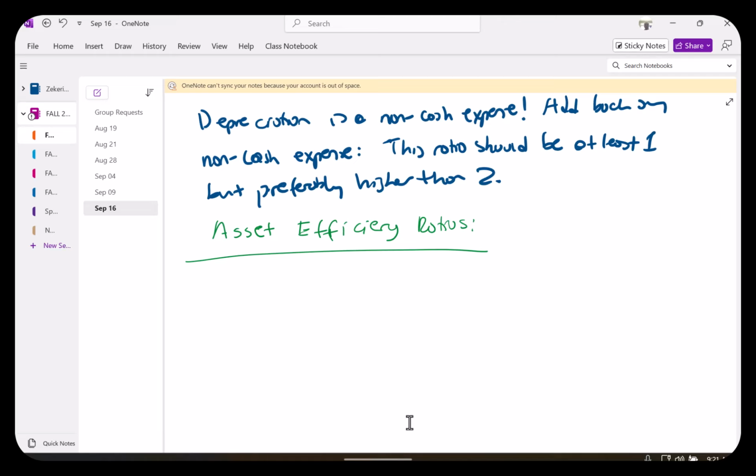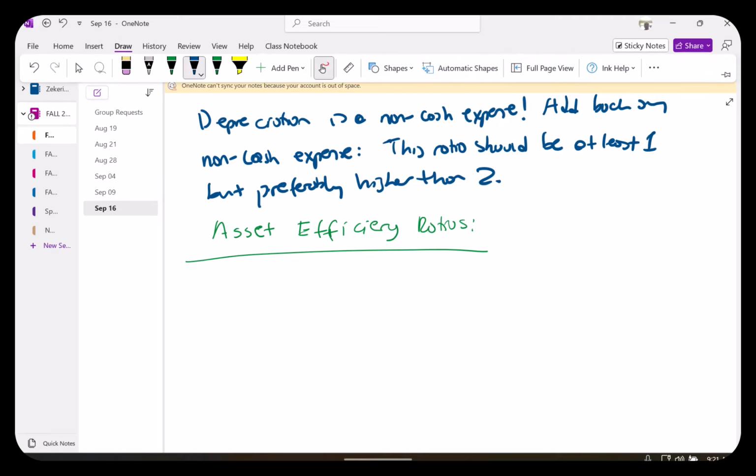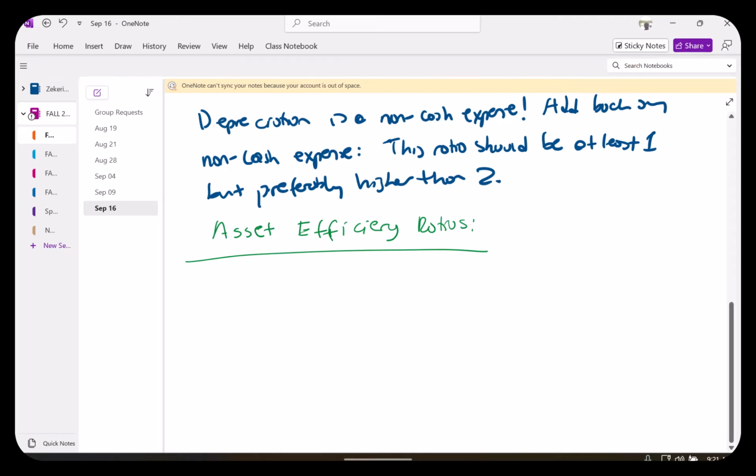How much or extent to which you use certain types of assets to generate sales. The most famous one of these is, come on,